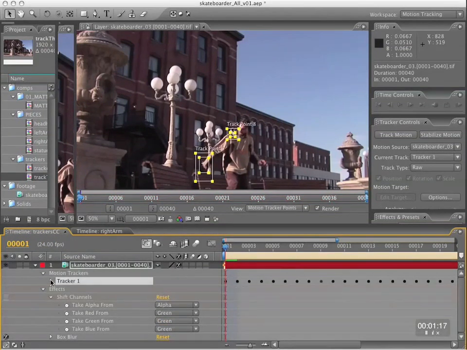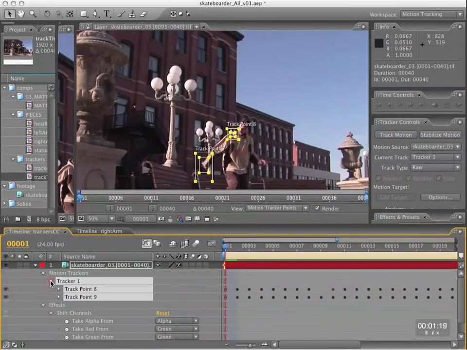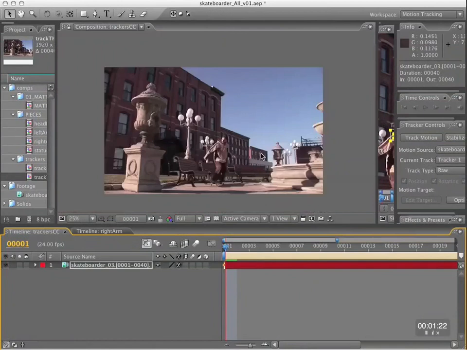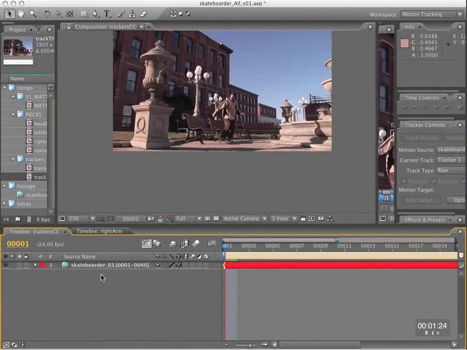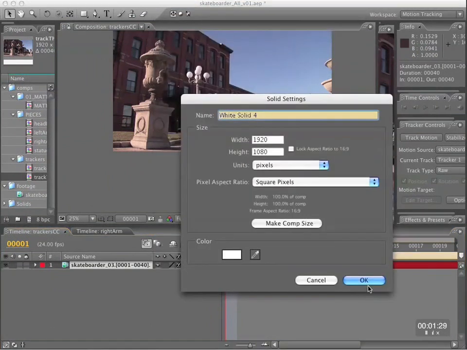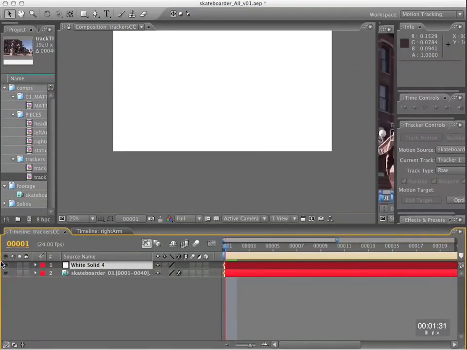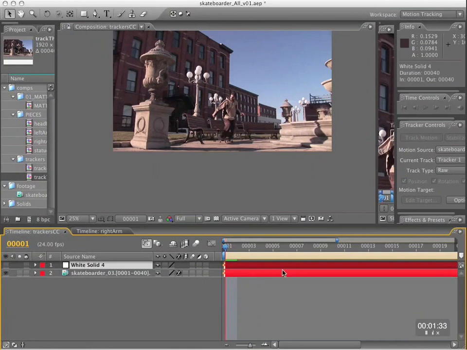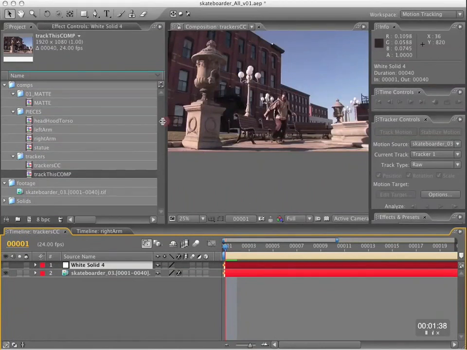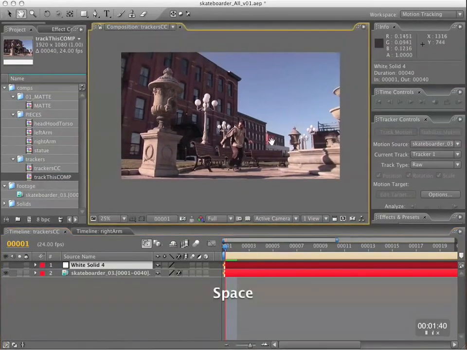So I'm Command Ving in order to bring in my 2 tracker points into the comp. And I'm going to then create a solid, which I'm going to put above and turn its visibility off. And I'm going to apply the tracker information from these track points 8 and 9 to the white solid,